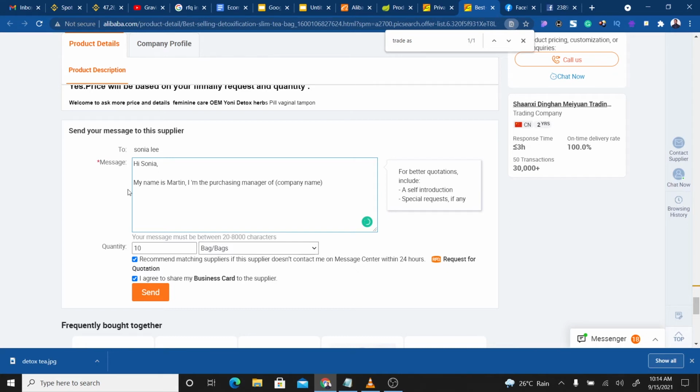You don't need to have a real company name to put a company name here. You can just come up with a company name that is suitable to the product that you're trying to purchase. You understand? This is to make these guys take you seriously. So once you put that you are the purchasing manager of so-and-so company, then you can come here and write something like,